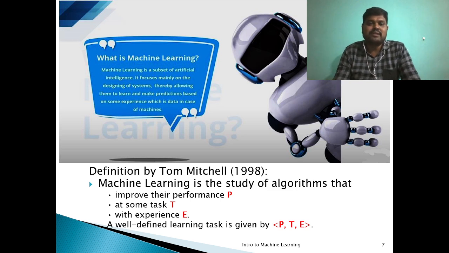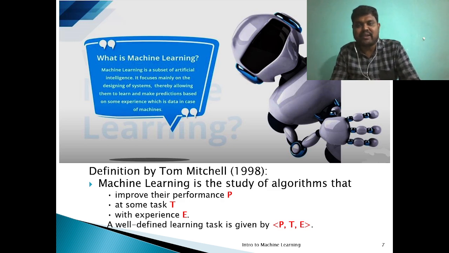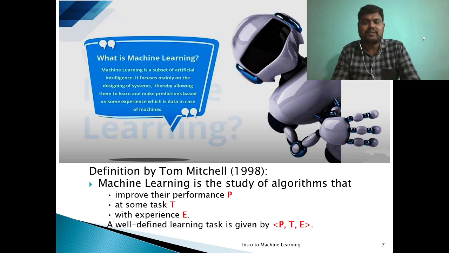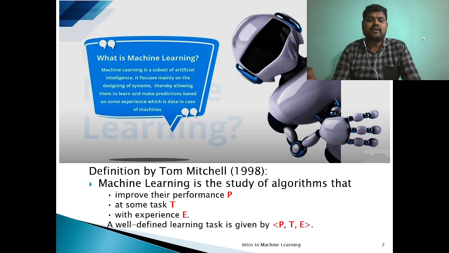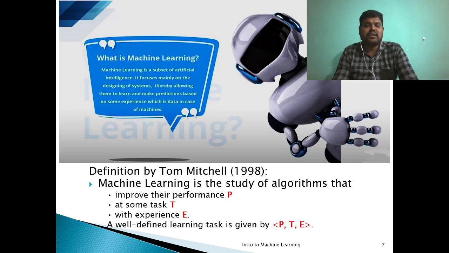So you are training a model for a particular task. For example, you are taking a photo, right? You are training a model on how to take a photograph at different angles, different light, different environment, right? Then you will check the performance of the machine learning when a new photograph is going to be taken. According to the definition by Tom Mitchell, it's a triplet: performance at some task with the experience, right?